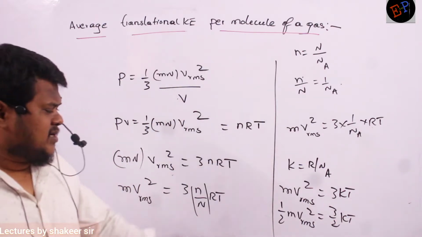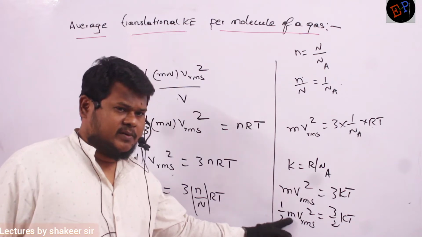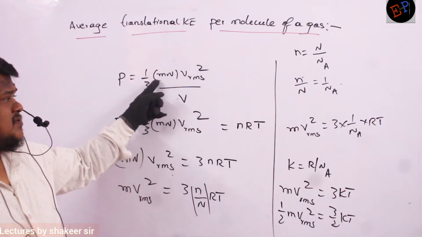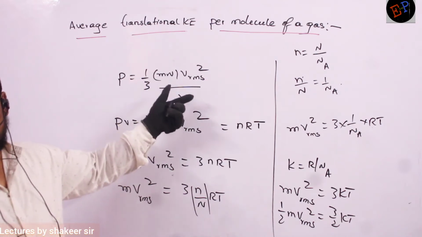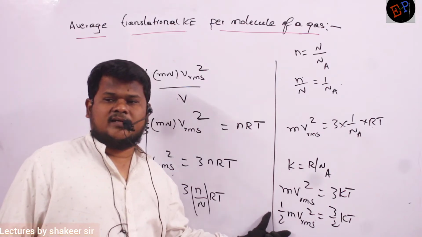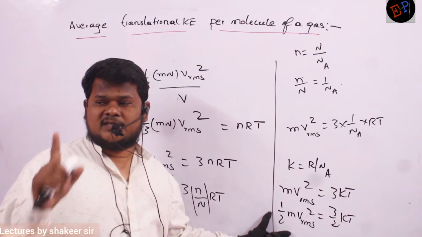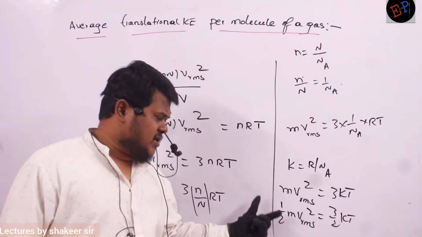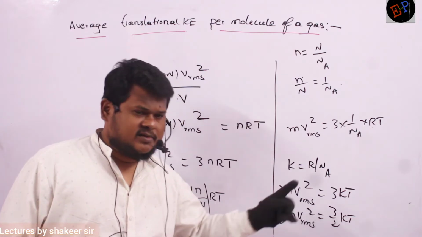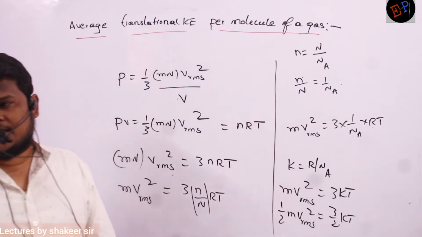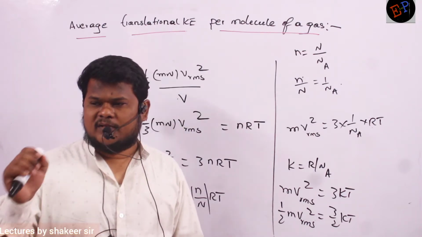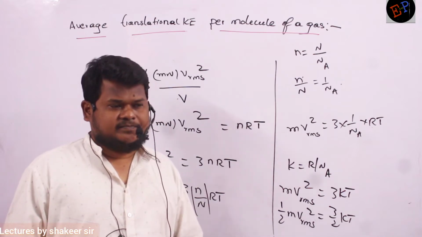Okay, so here m is the mass of a single molecule, no? This equation is derived from the earlier equation. m is the mass of a single molecule and N is the number of molecules which we have. So therefore half m Vrms square is what? This is the kinetic energy of a single molecule, every single molecule of gas. Every single molecule of gas will have this much kinetic energy, and that is equal to 3 by 2 kT. So this is the equation of average kinetic energy of every single molecule of a gas if the temperature is T.